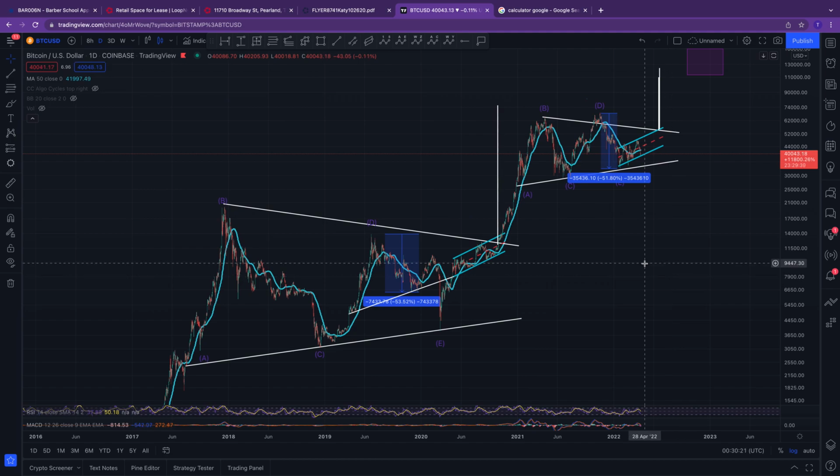So let's go ahead and start down here. If we look down here, we're really looking back at Bitcoin from about 2017. And if you can see these lines here, this descending line and this ascending line, this is what we call a triangle. And you can see the smaller triangle here. One thing that's very interesting about these two triangles is this is a macro, larger triangle, and this is another iteration, just a smaller triangle, but it has very similar correlation as far as its touch